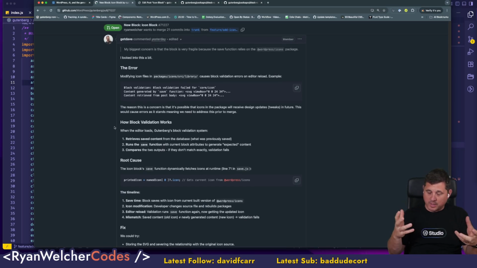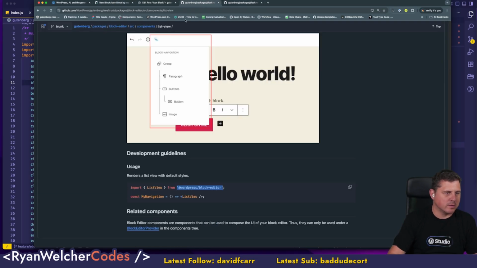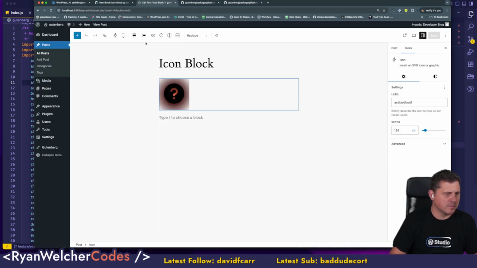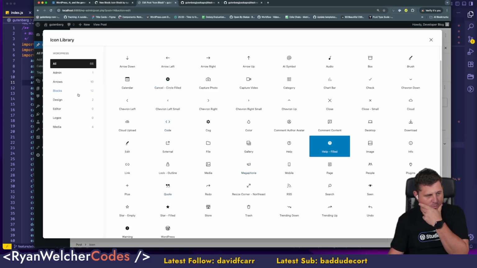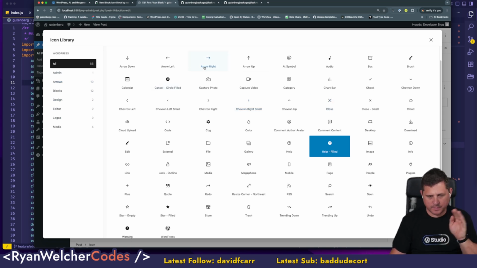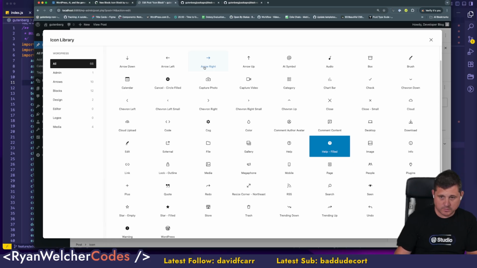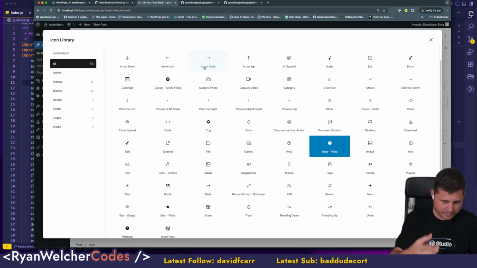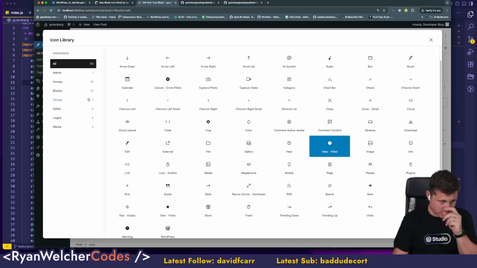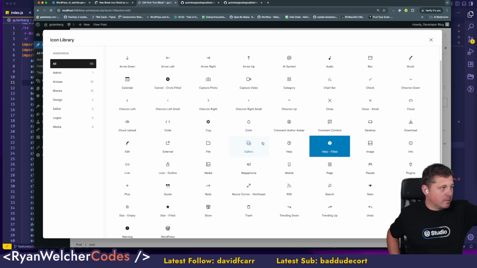So there's a lot going on in here. It's a static block, and what it's doing is accessing the icons. Let me show you what it looks like, because we've got all these icons from core, right? I actually have to trim some of this stuff down. Anyways, these icons are actually from the WordPress